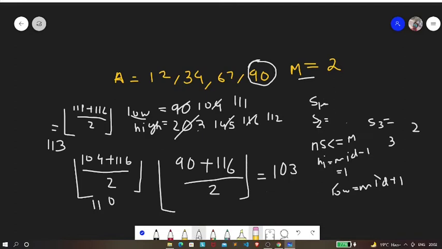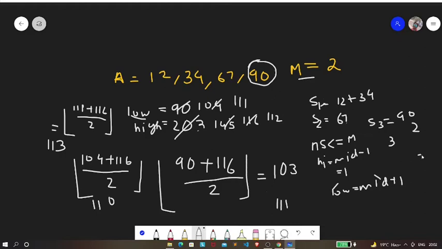Currently our mid is 111. If we try to allocate 12, there's no problem. If we try to allocate 34, there is also no problem, right? We can allocate easily. But if we try to allocate 67, then it actually exceeds. So we need to give this to student 2, and student 3 will get 90.